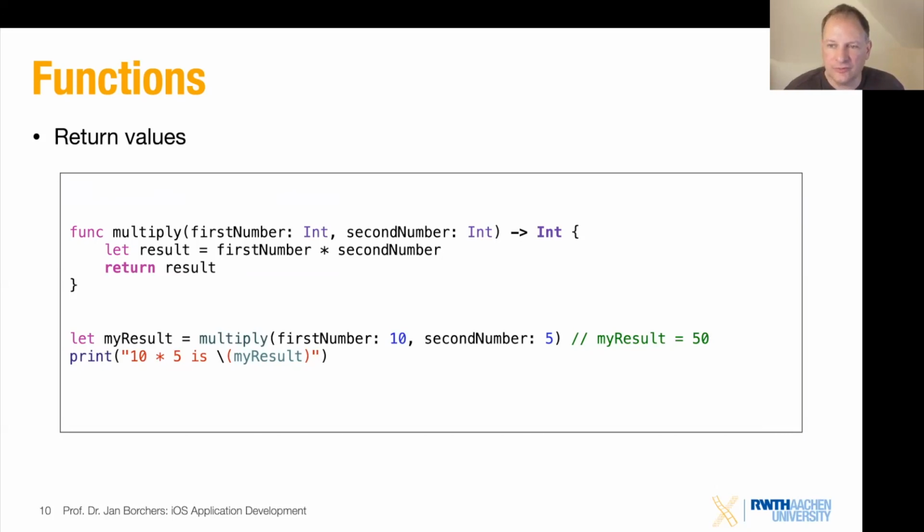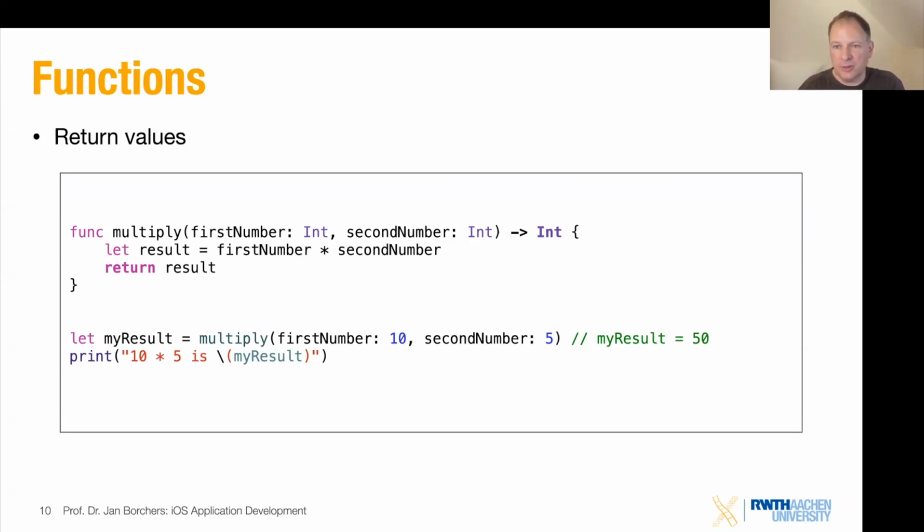One thing that is weird, you're not seeing this here, but you will see this often, for example, in SwiftUI. In Swift, unlike other languages, you can actually use an expression as a statement. So you can drop the word return here in this line and just say result. That would look weird to most people who are used to more conventional programming languages, but an expression by itself, if it returns something, can actually be a statement by itself. So in SwiftUI, this is often used where the return is not given, but instead it's just the expression, and the expression itself then becomes the return value. But we'll get back to this when we look at SwiftUI. All right, that's functions. A bit weird, but not too weird.